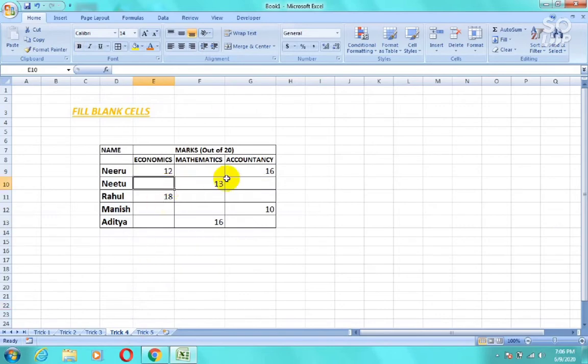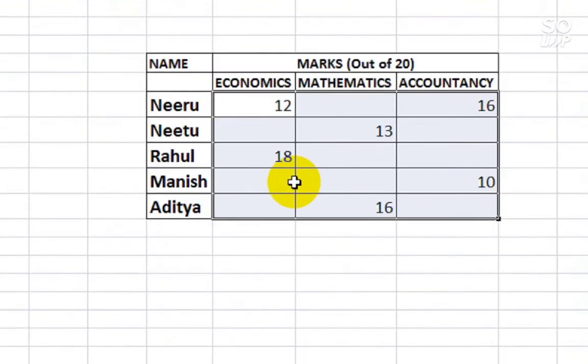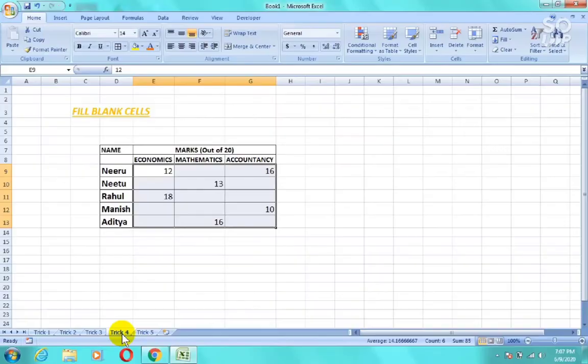Now move on to our next trick, that is how to fill the blanks. Here you have marks of students out of 20 in which there are some blank cells, which means that these students got 0 marks out of 20. So simply select your marks data or your marks row